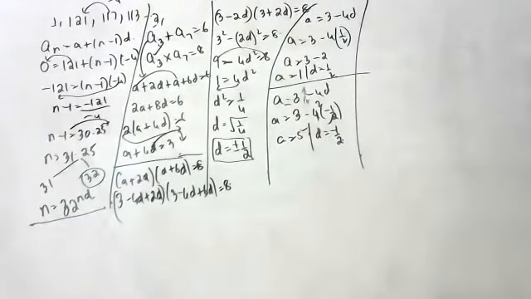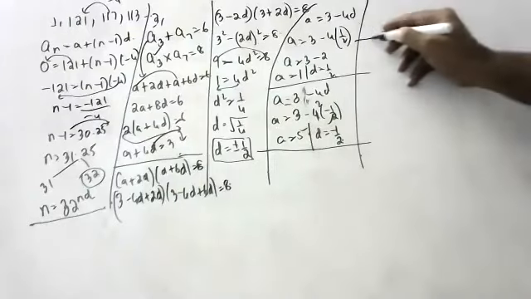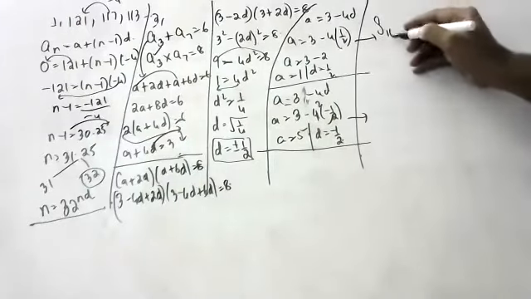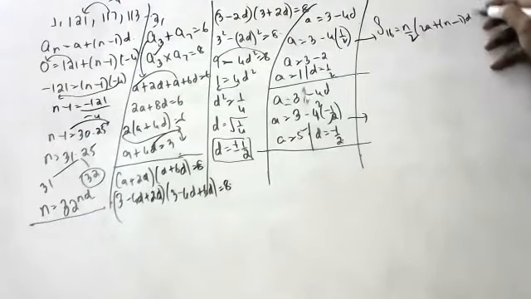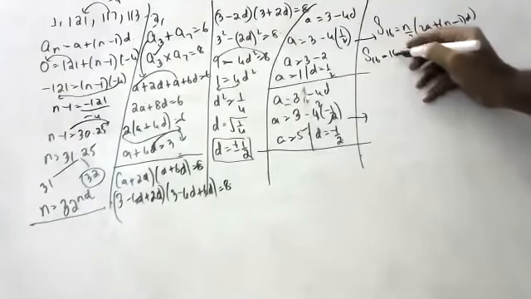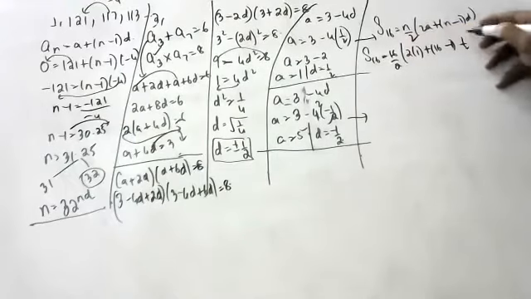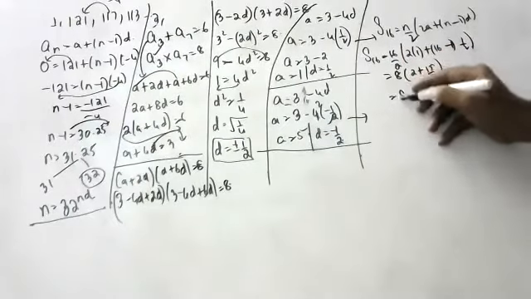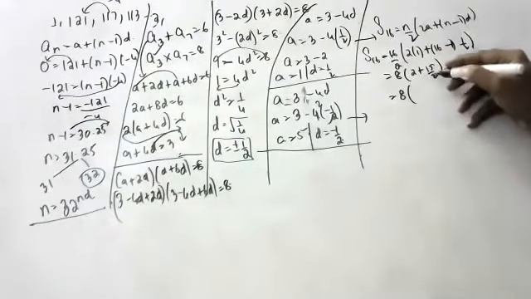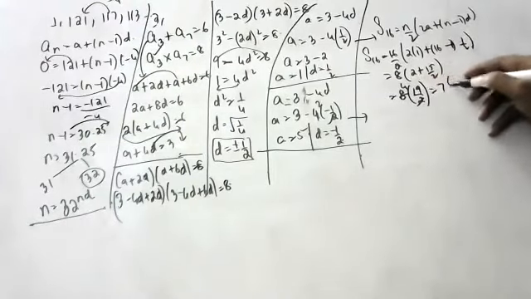So the question is: find the sum of 16 terms. In this case also you should find. The sum of 16 terms is equal to the formula n by 2 into (2a plus (n minus 1) into d). 16 by 2 into (2 into 1 plus (16 minus 1) into 1 by 2). 8 into (2 plus 15 by 2), 2 plus 19 by 2... this is 76.